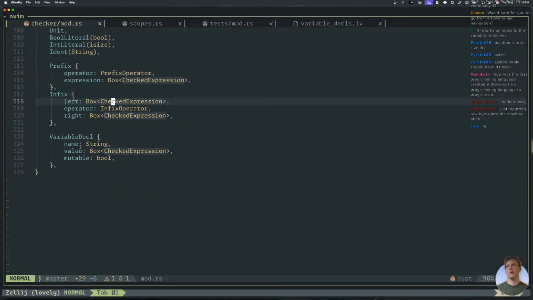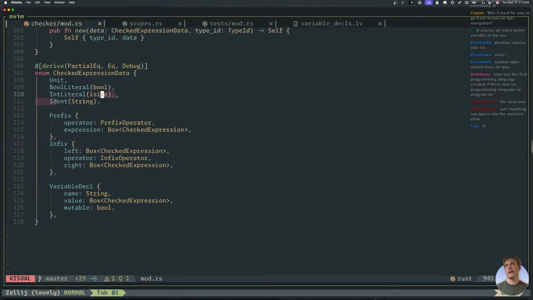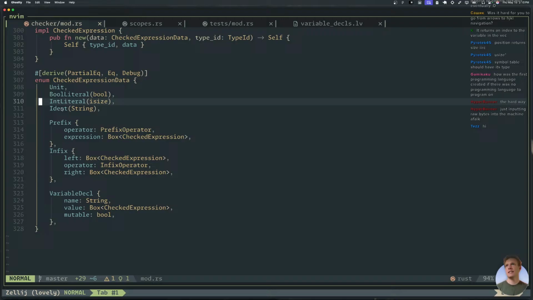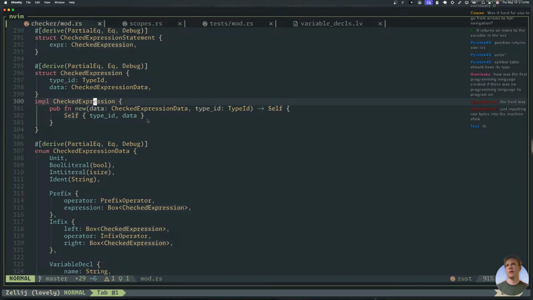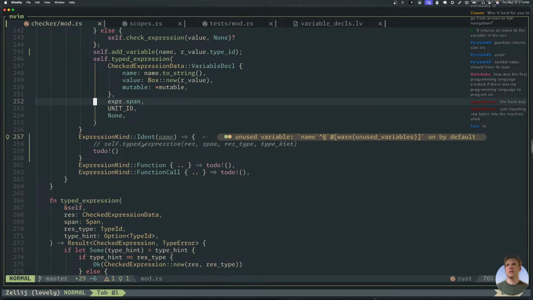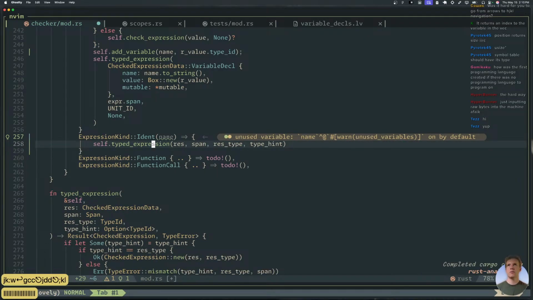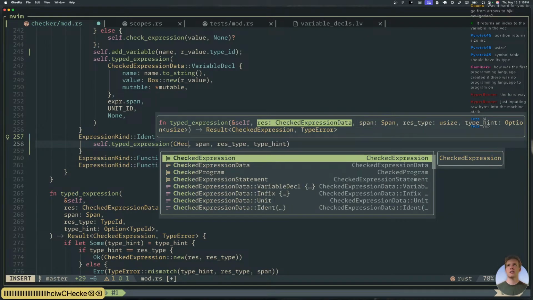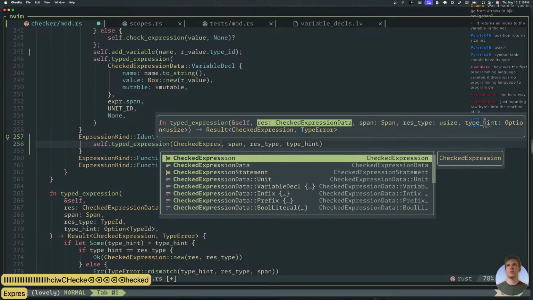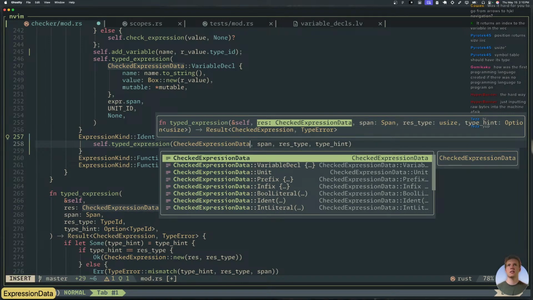Awesome. Okay, so we need to make a new thing down here. Oh, look at this. We already have ident. So ident, which is a string, and then it has a type ID. Yeah, perfect. Okay. Lovely. And then get rid of that. So res becomes a check expression data.